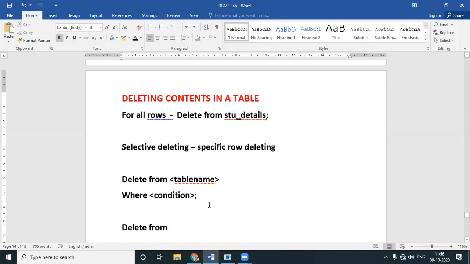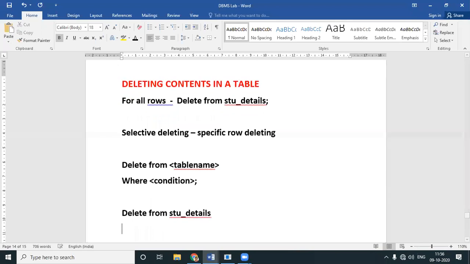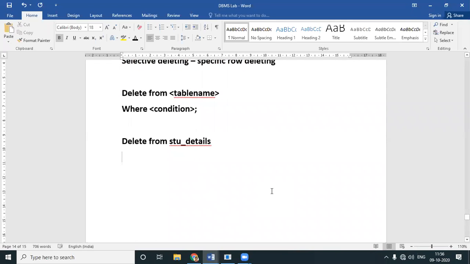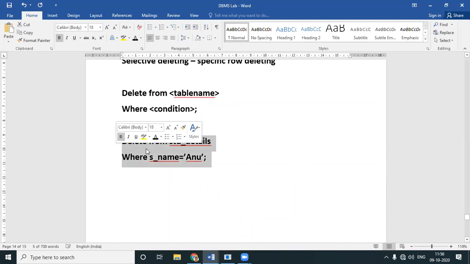Delete from stu_details. What do I want to delete? I want to delete the row where the condition is s_name is equal to ANU. Delete from stu_details where s_name is ANU. I'll copy this and go here.